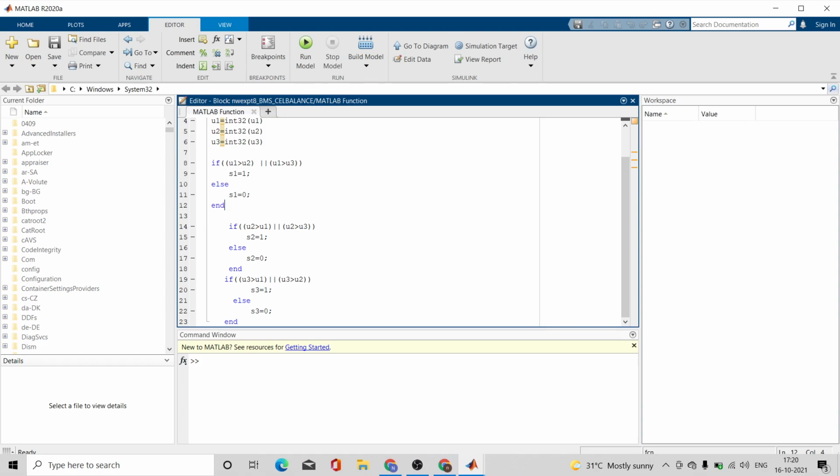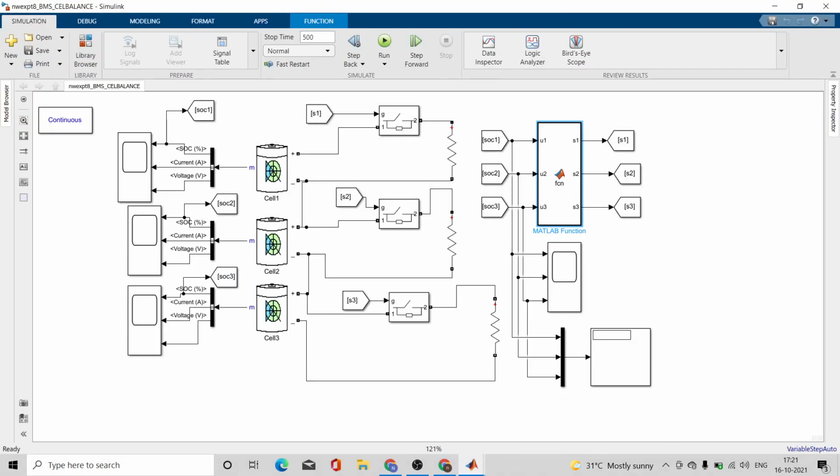Okay, so now first case, if your battery 1 is overcharged as compared to the other two, meaning your u1 is greater than u2 and u1 is greater than u3, your first battery is overcharged as compared to the other two, you will connect the switch to the first battery. Why do you need to connect the switch to that battery? Because that switch is discharging the battery. If this battery is overcharged, I don't want it to be overcharged, so I will connect the switch and discharge the excess amount.